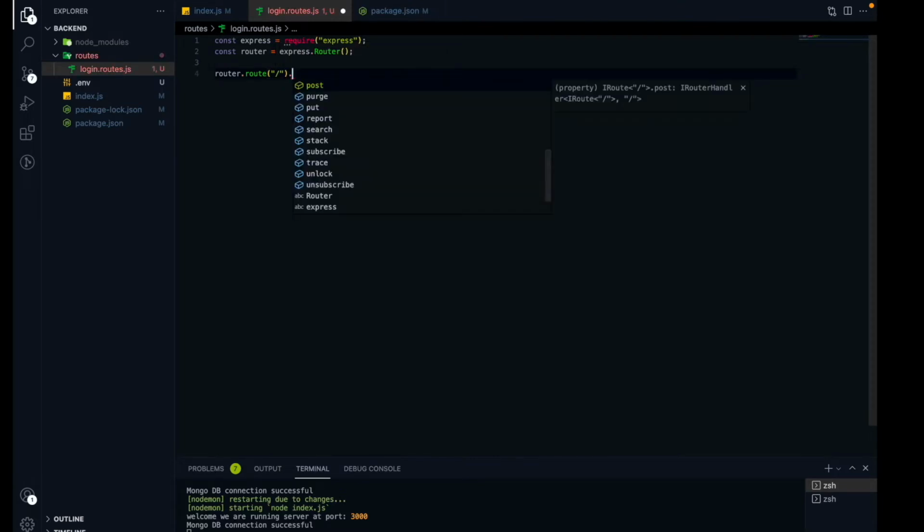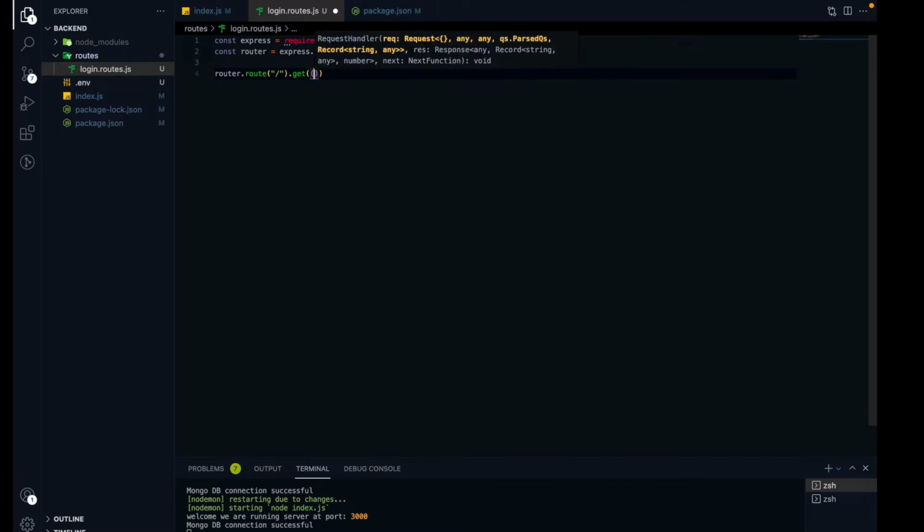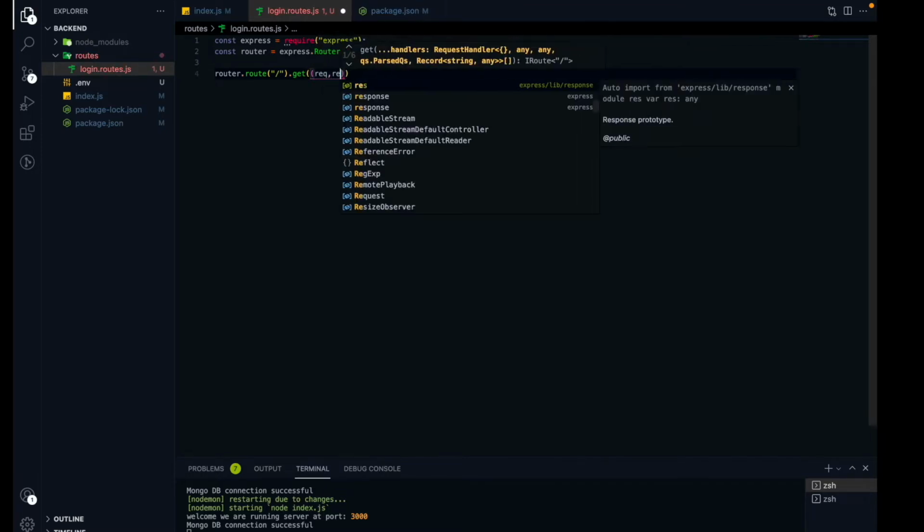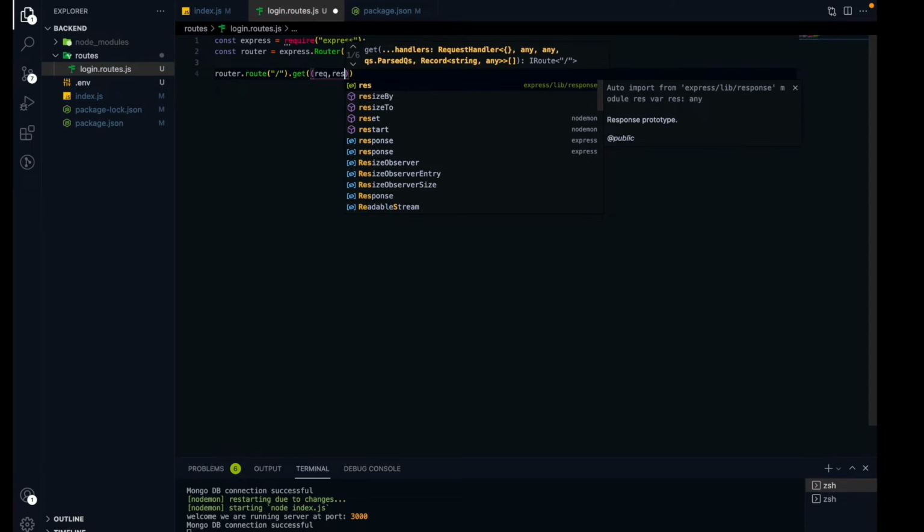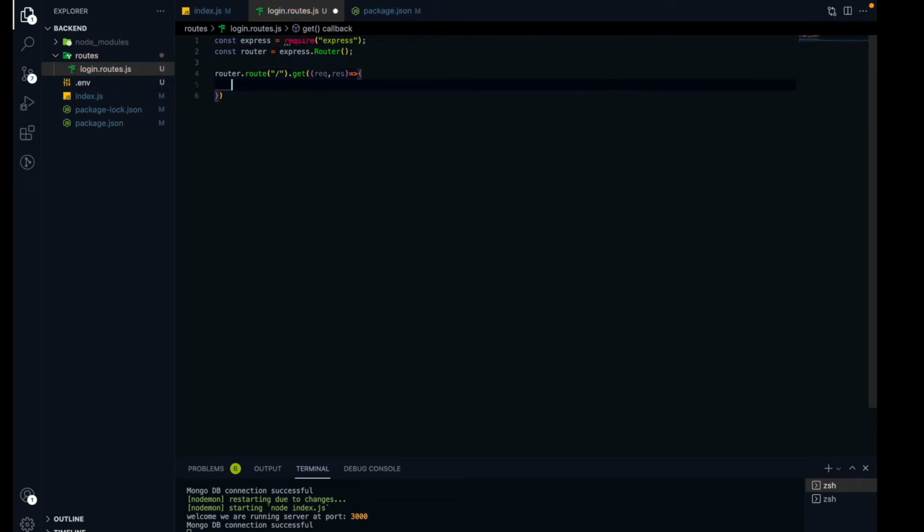And here you have to provide the HTTP method name. I think you have watched my HTTP methods video where I discussed get, put, post, and delete HTTP methods. So for the login, we need to use the post HTTP method. Okay, but just to give you a clear picture, I mean, just to hit the endpoint using the browser, I'm using get to just show you how routing works. Okay, so again we have to take two parameters in a callback function, that will be request and response. And here let's return